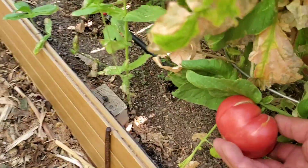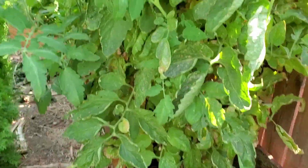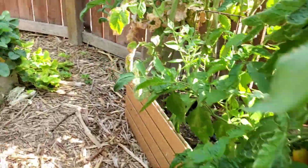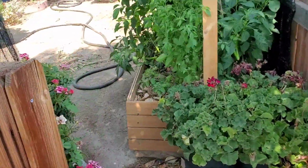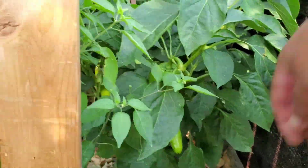Peppers are also doing great, and I'm also going to include the progress of my Carolina Reapers. I should have some Carolina Reapers already, maybe not turning red yet. But let me just go take a look at it. Look at this. This is the area where I have all my